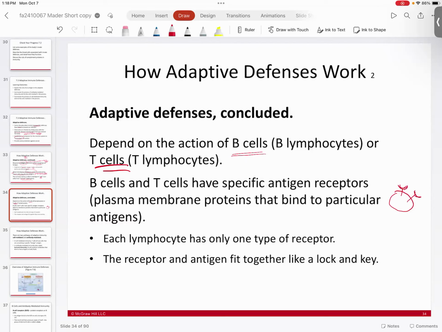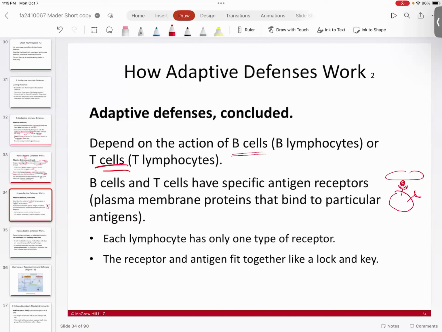And so they're looking for very particular types of proteins that they're designed to recognize. And when they recognize it, then they can get activated, right? So basically they recognize that they found the bad guy. Once they found the bad guy, then they can go on the attack and they can call their friends,